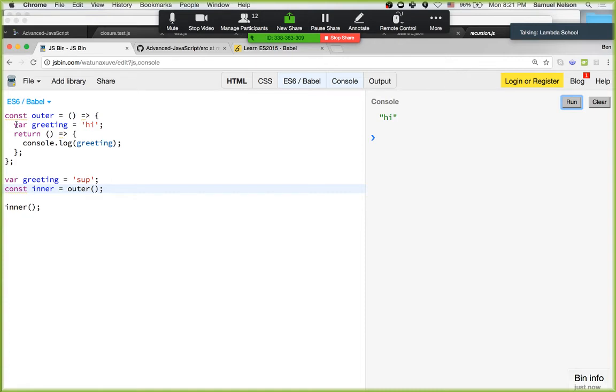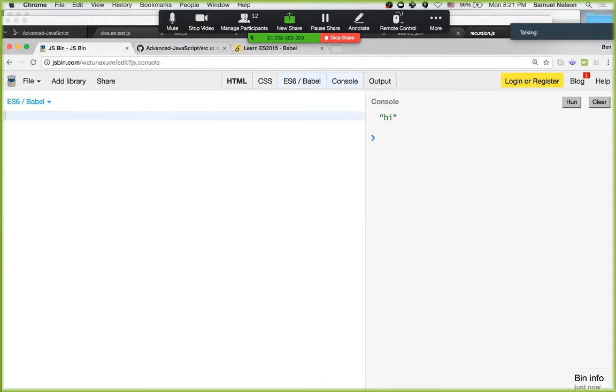So in practice, how would we use this? Because maybe you're starting to get the concept, but what can we make with it? What's something cool that we can do with it? What we can do is write a user maker function, kind of a different style for making an object. We have a function here that's going to return an object. And then on here, we can have private variables. So what we can do is say of our options,